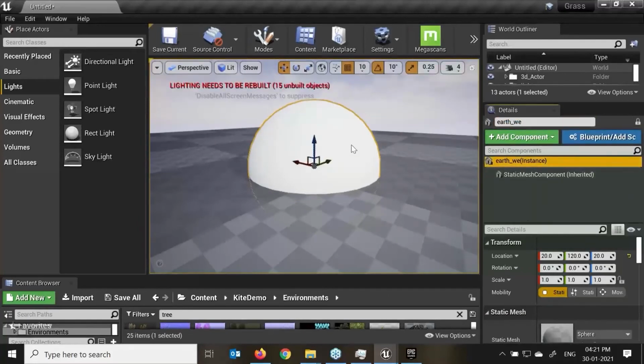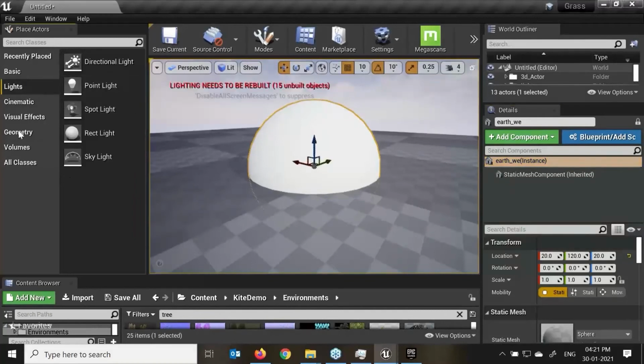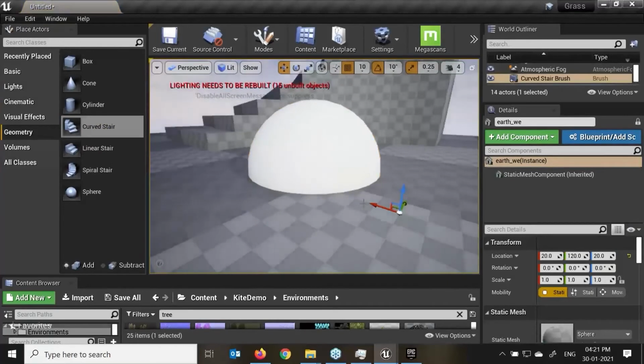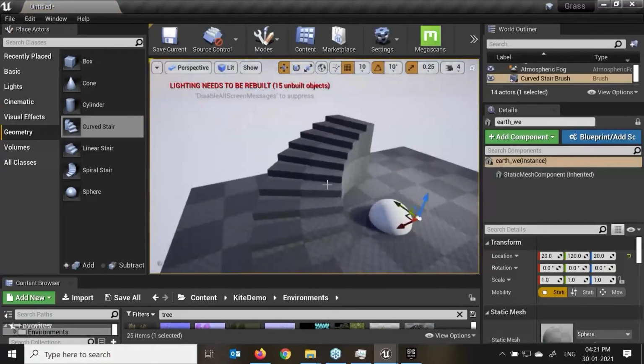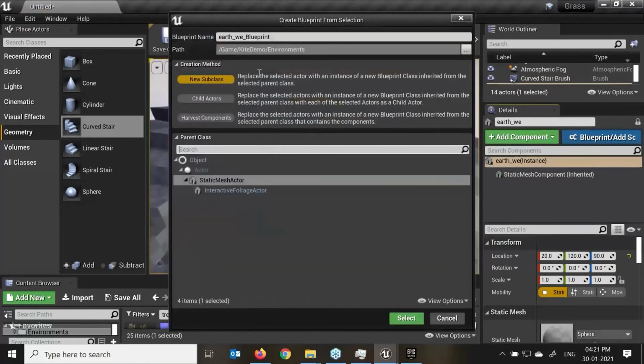If I want to create my own blueprint of the 3D asset in the presets, for example, if you just see over here, these are all we can see previously, the default blueprints in the engine. If I go to the geometry over here, here we can see this curve. Double click here, you can see. So if I want to make this object into my blueprint editor, I just need to click over here. This is the earth blueprint. We are giving this name. This is a static mesh and says selected.